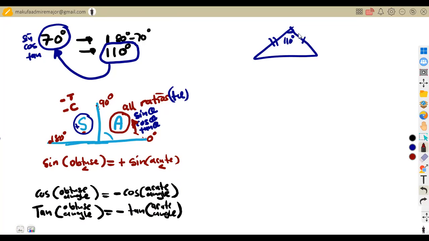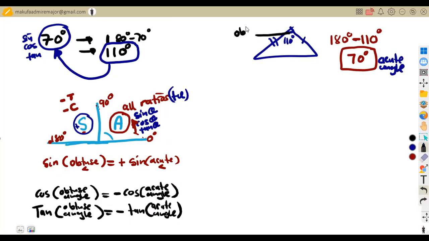110 is an obtuse angle, it's greater than 90. So from 180 to 180 minus 110, we are going to obtain 70 degrees. So this 70 degrees is the one that is representing our acute angle in this case. This is our acute angle. And we are talking about 110 being what? Being the obtuse angle. This is our obtuse angle in this case, the one that is greater than 90 but